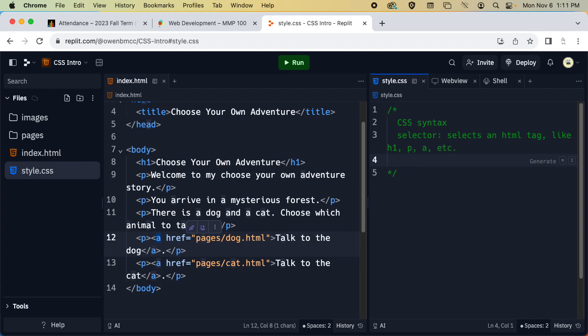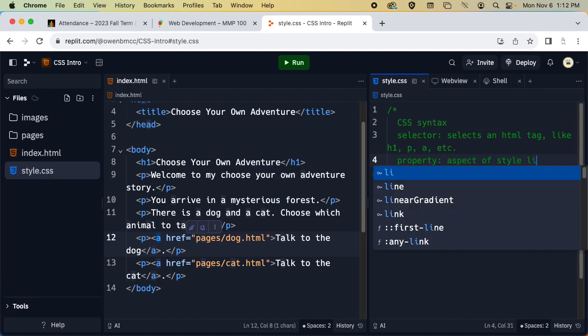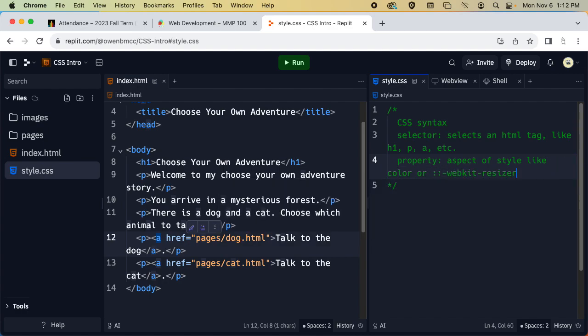Okay, so then inside the selector we have a property and then a value. So a property is some aspect of the style of that selector. So that could be the color, the size, different things like that. So this is an aspect of the style, like color or size. And then, whoops, Replit is doing some things that I don't want it to do, even though I'm inside of a comment,